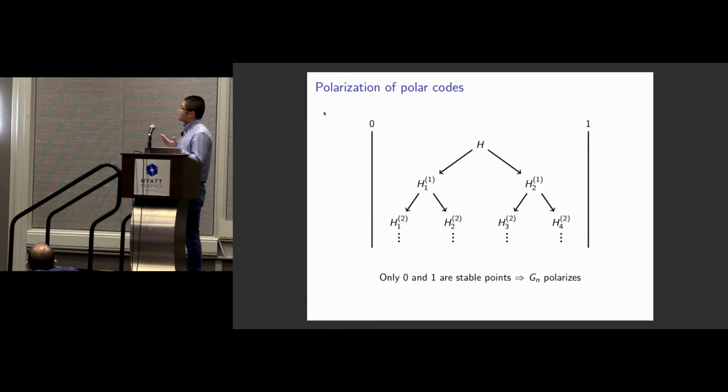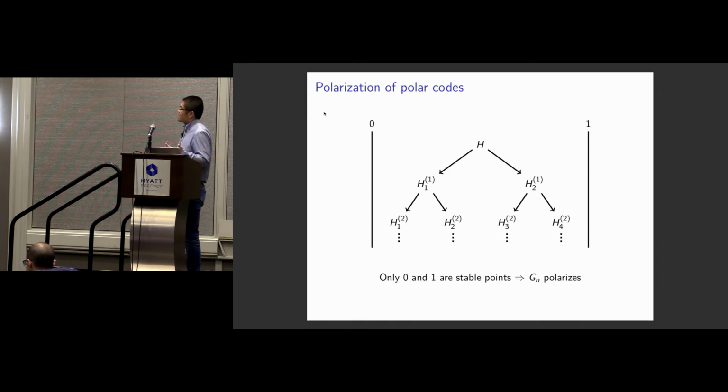First, it has a Martingale property, meaning that the sum of its 2 children is equal to 2 times its parent node. And second, as long as the parent node is bounded away from 0 and 1, its children are also kicked away from itself. So this Martingale property tells us that this process will converge almost surely to a random variable. And the property that as long as this HI is bounded away from 0 and 1, its children will kick it away from itself,